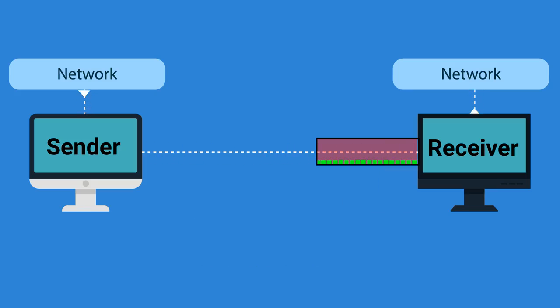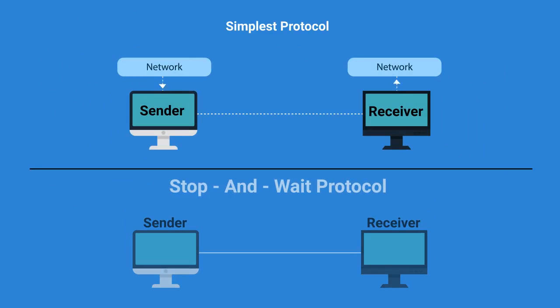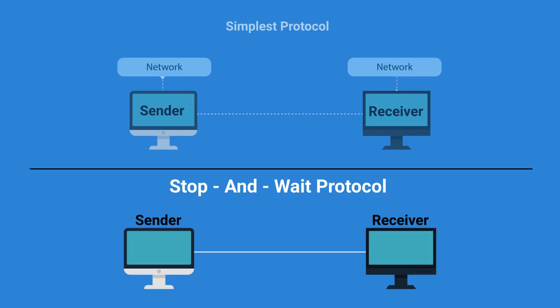The protocol we discuss now is called the stop and wait protocol, because the sender transmits one frame, then stops until it gets confirmation from the receiver that it is OK to go ahead, and it then sends the next frame. As in the simplest protocol, the sender takes a packet from the network layer, uses it to construct a frame, and sends it on its way. But now, unlike in the simplest protocol, the sender must wait until an acknowledgement frame arrives before looping back and fetching the next packet from the network layer.